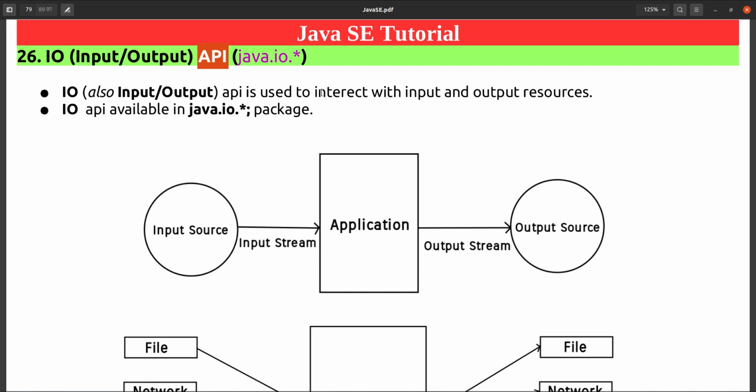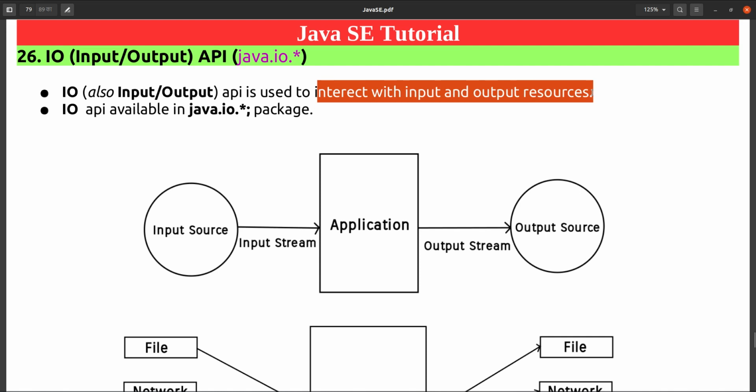Or we can say that the mouse is an input resource, and your display, your monitor screen or your laptop display, whatever, that is the output resource. So the input and output API available under the java.io package can be used to interact with input and output resources.